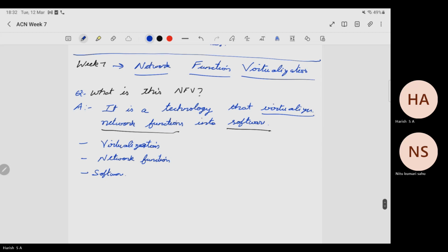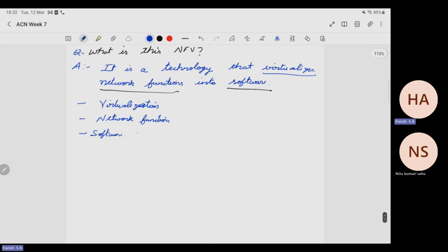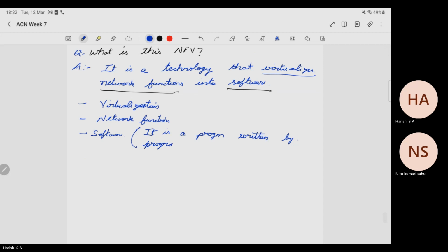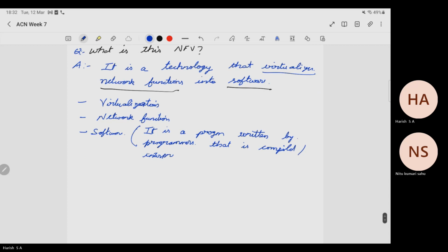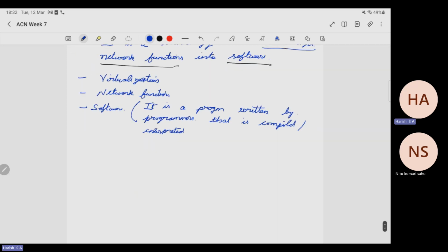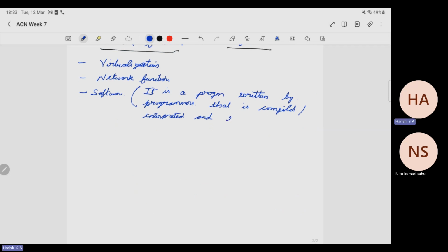Let us start from the bottom. What is a software? It is a program written by, let's say, of course, programmers, that is compiled slash interpreted, compiled or interpreted and run on